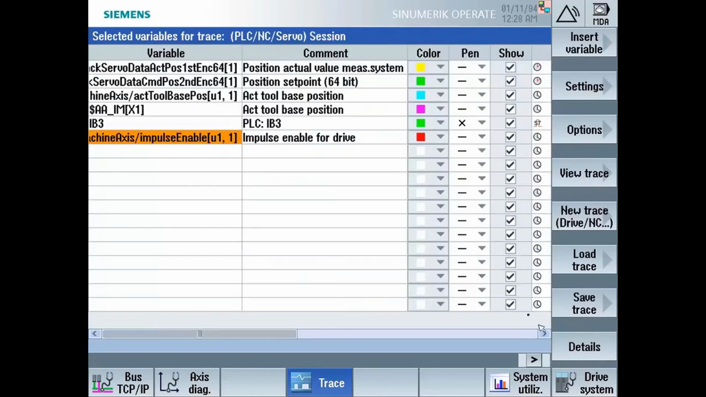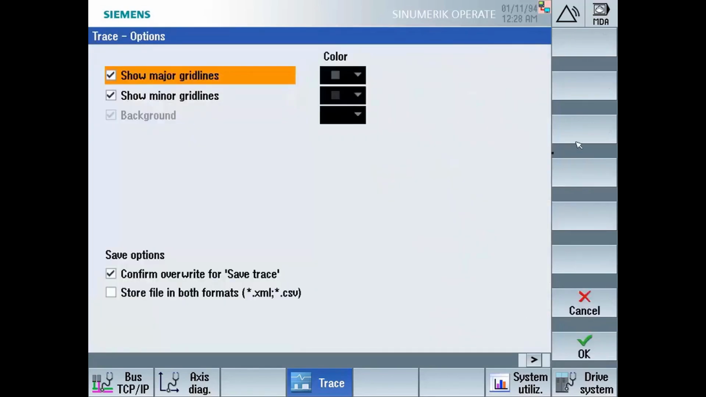So we'll close out of that. There's an options page. One of the things that we can do is we can save traces. This checkbox here, XML is the default format. You can also include a CSV file if, for example, you wanted to bring this into Excel and do some of your own analysis. So if we check this box, we're automatically going to generate 2 files every time we hit save. We haven't saved one yet,